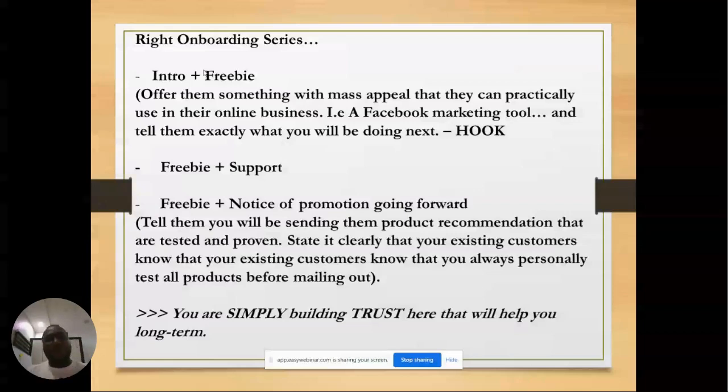So when someone gets into your list, the first thing you need to do is send them an email introducing yourself and offering them something of value for free. That thing you offer should have mass appeal, something many people will be interested in. Okay, so when you do this, the second email you should send to your list is another